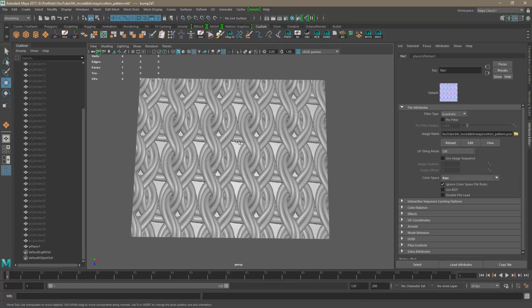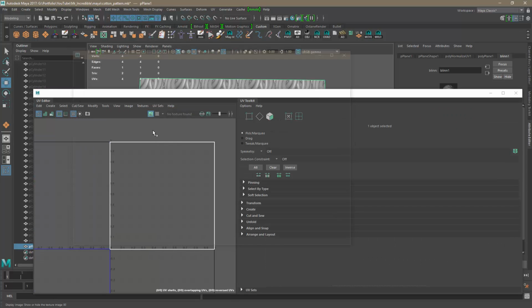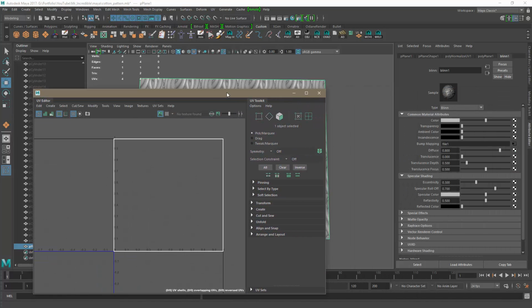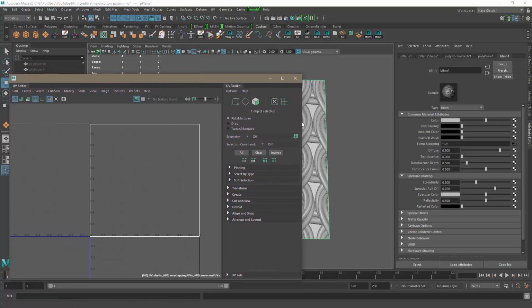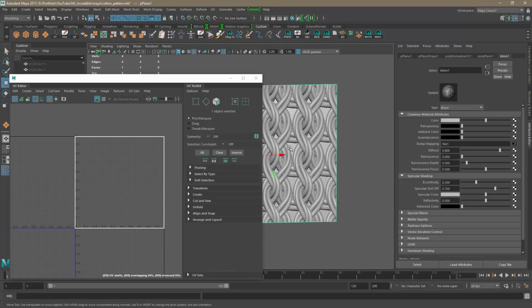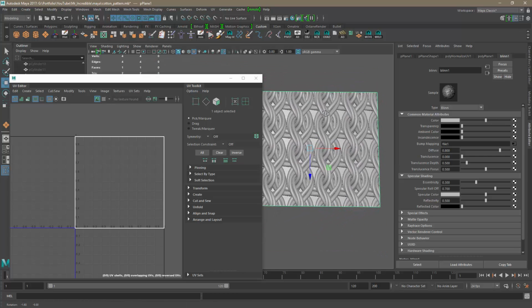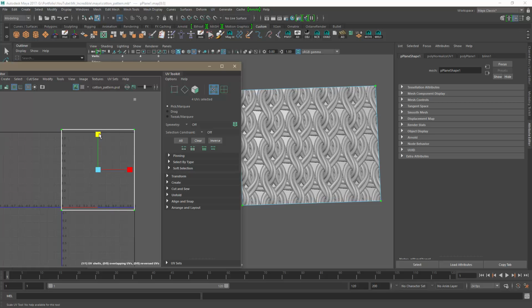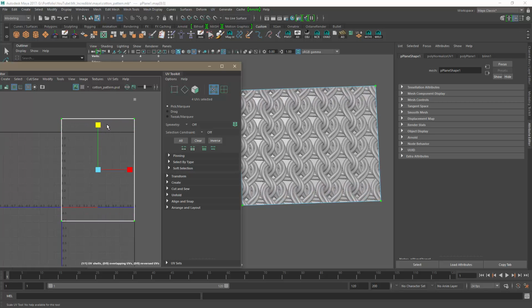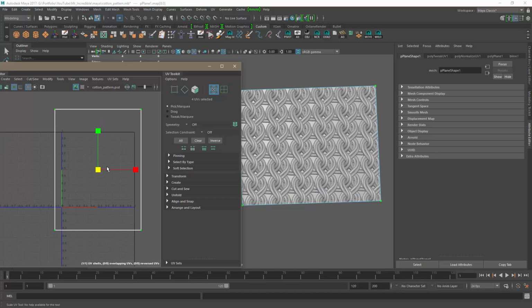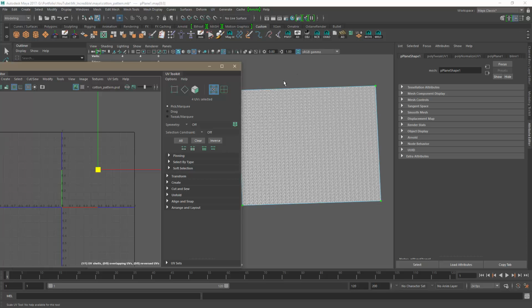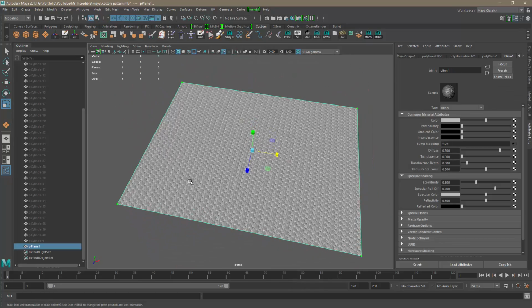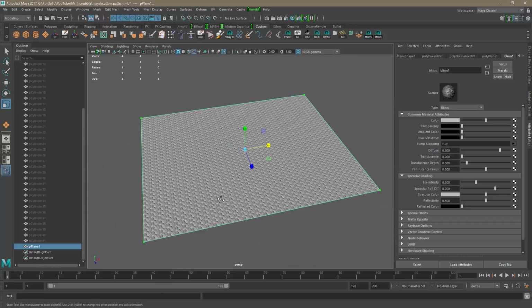And now what I can do, I can just go here in my properties of the UVs, and I can start playing with my UVs to get the desired result. So let's move this guy here so I can see what I'm doing. So I'm gonna go to UVs, select this, and first of all let's bring them back to kind of an original shape like so. And now I can just scale them like that, and as you can see, we got a pretty nice fabric looking